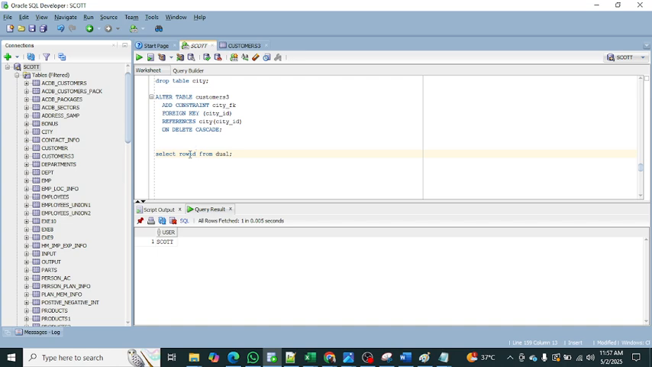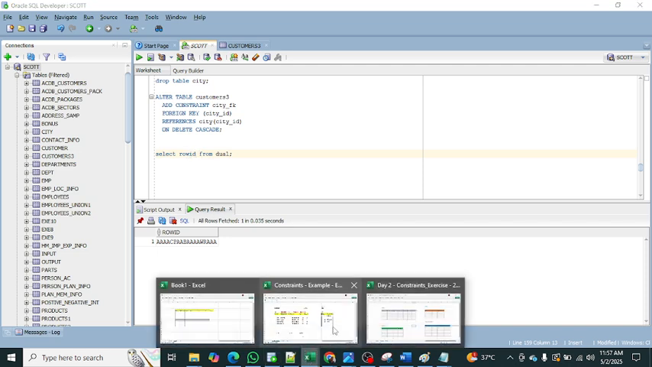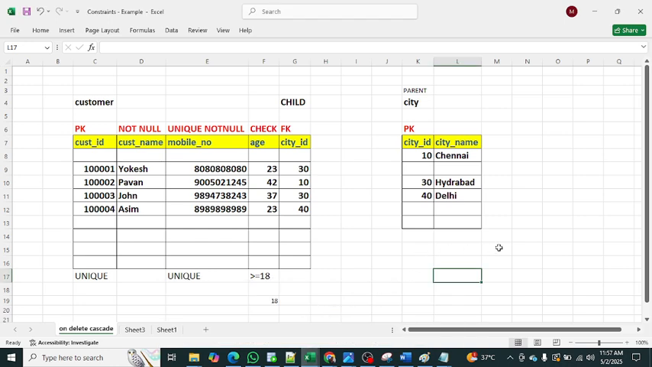So ROWID is nothing but a pseudo column. Okay, on delete cascade. On delete cascade means, if I want to tell you clearly, in the constraint, if I am going to delete this particular record 20, I have deleted, right? So if it is referencing to this table,